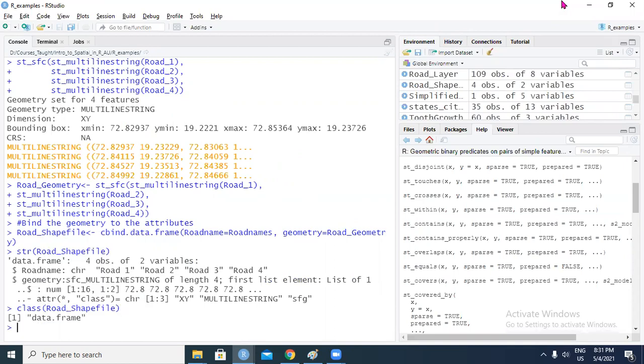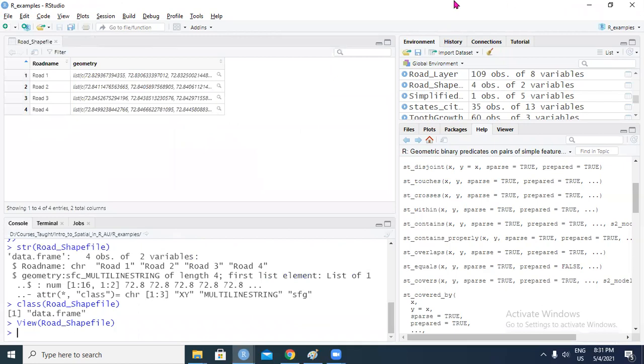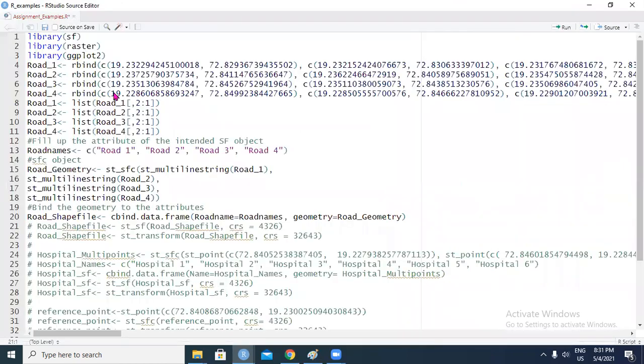So it is recognizing the geometry. So if you view it, you can see the geometry and you can see the attribute, which is the road name. However, it is not an SF object yet because it needs to be given a CRS, or a coordinate reference system. So that is the next step.